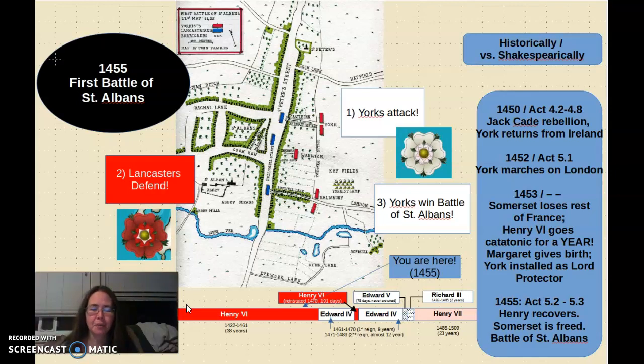Well, Act 5 opens in the year 1453 and continues through 1455 in the town of St. Albans, about 20 miles northwest of London. York is bringing his army back from Ireland to try and arrest Somerset, who effectively ended the 100 Years' War by losing everything except for the coastal town of Calais in France. Buckingham is sent by King Henry to let the Duke know that Henry's imprisoned Somerset in the Tower of London just to be safe. But when York finds out that Margaret has released Somerset from prison, verbal diplomacy breaks down